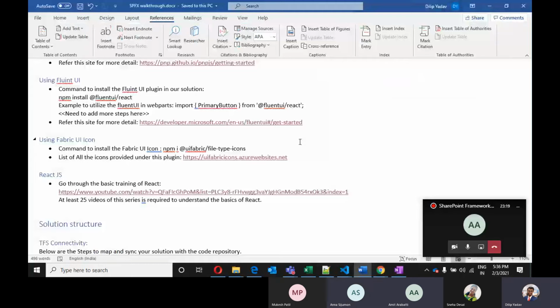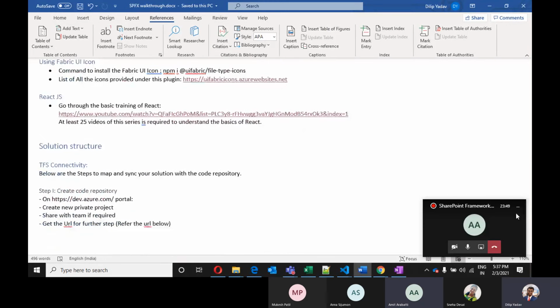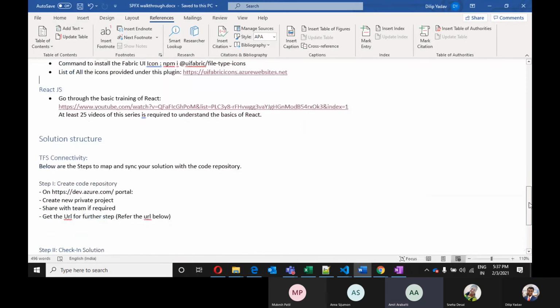Yes. So once you have referred to a few of the videos, I can have one more session wherein I can show how we can perform the CRUD operation with SharePoint. Once you see that, it will become quite clear and easy to understand later on. But do not jump directly to SPFx, otherwise it will be really difficult to understand. Get the SPFx environment ready, that's a priority.